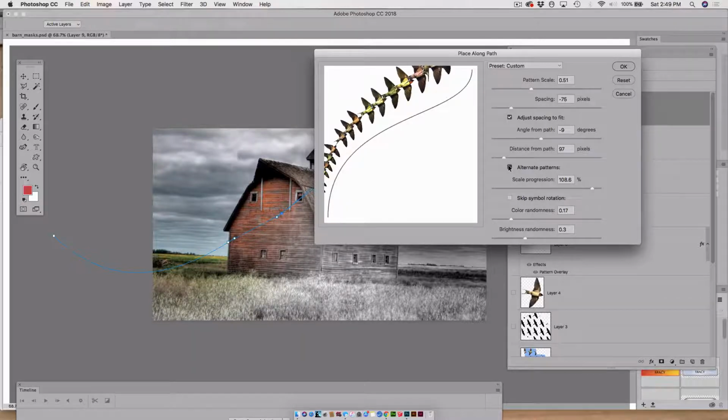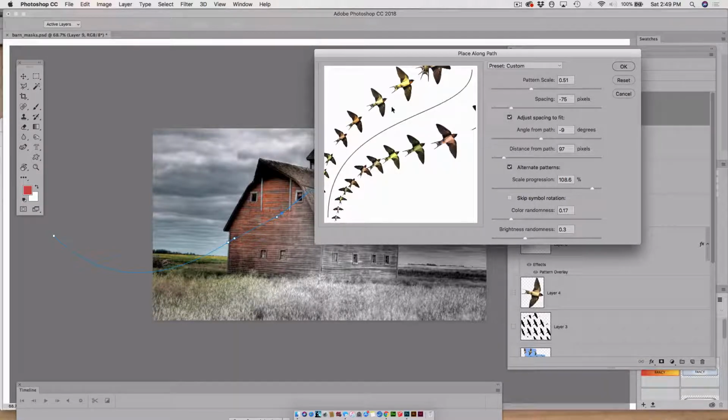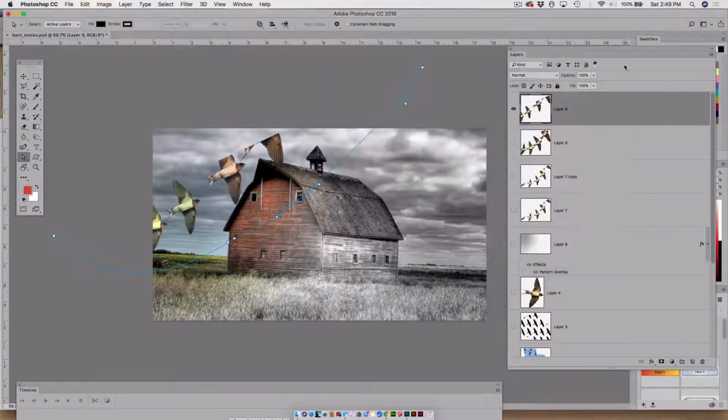Alternating patterns means crossing the line. It doesn't seem to be doing that at all on my computer. I guess it's giving them more space in between. And click OK. So in some of these, it's still chopping off. So it doesn't love that angle. If I undo this, bring this line in,